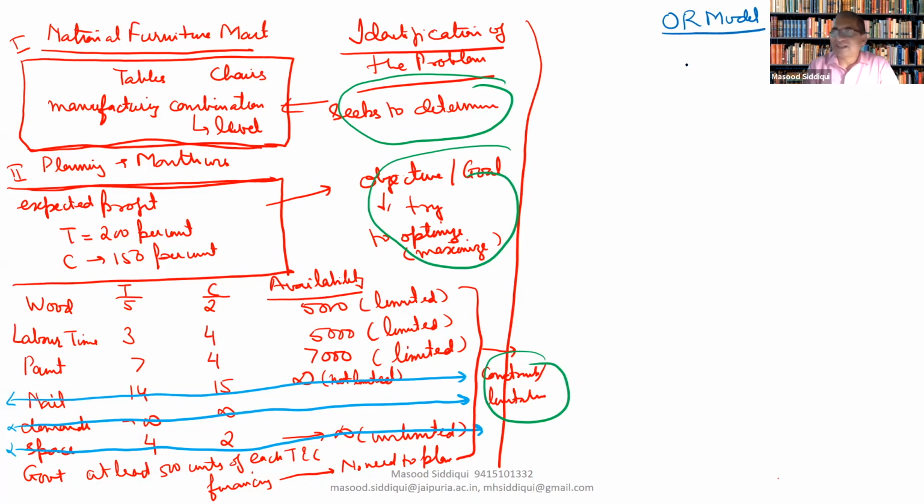So in the mathematical model, the first thing is the decision variables. Decision variables mean what are the competing activities, what are the options available on which some decision is to be made. So our decision variables are related to, we want to determine